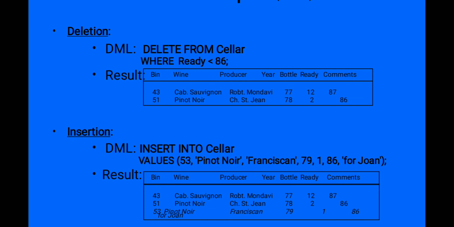Year is 79, bottle is 1, and 86 is ready for John. That is a comment. So see the result, it is inserted after the 51. Suppose the value is 53, it comes under the next number. If it is 14, it will come at the top of the list.